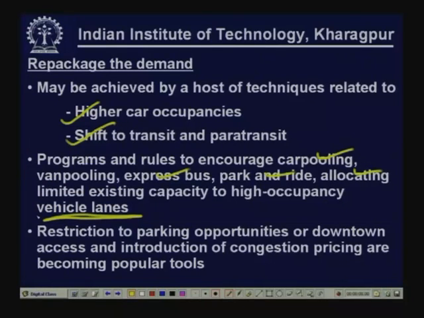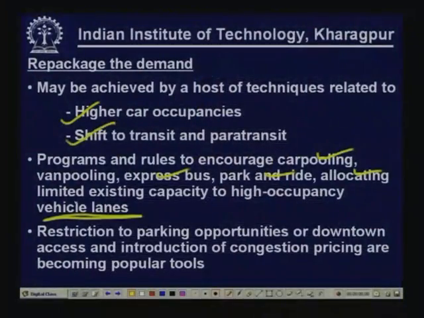Carpooling is, instead of 3 persons taking 3 cars, going to the same office area from the same residence area. Say it is a 6 day week, everybody is taking his own car to the office. Instead of that, if 3 of them use carpooling and they decide that every 2 days in a week one person will take his car and all 3 of them will travel in the same car, because they start at the same time, they go to the same area. So, instead of 3 cars it is 1 car now. So, congestion is reduced, and all sorts of benefits may be achieved.